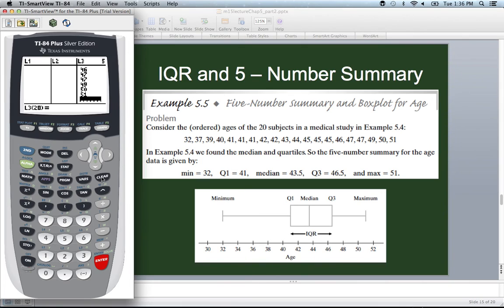And the fact that I only have 19 entries tells me I probably made a mistake. So I'm going to go back and check them here. Let's go back to the top: 32, 37, 39, 40, 1, 2, 3 41s, 42, another 42, 43, 44,